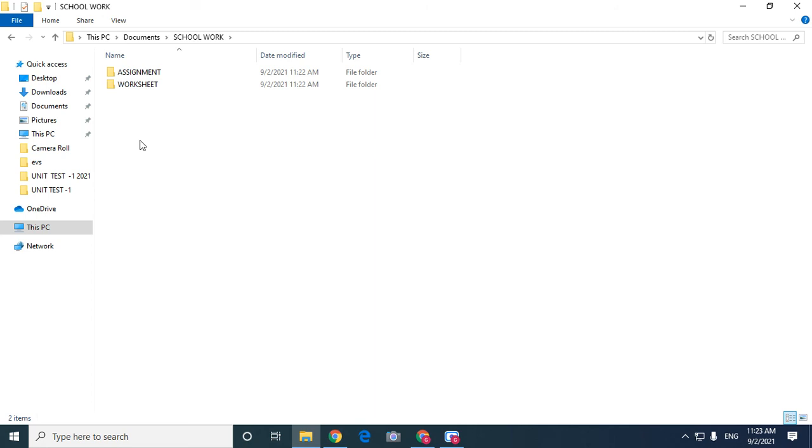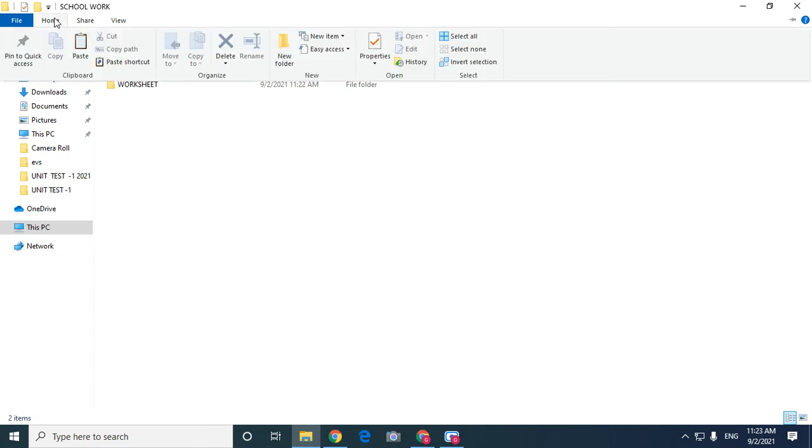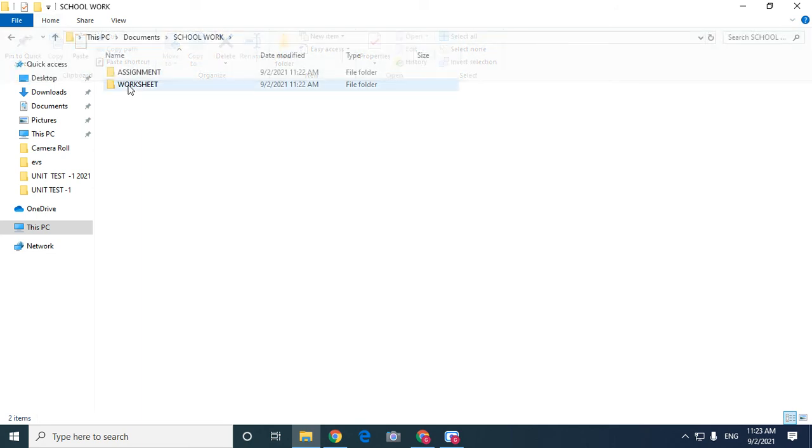copying a file or folder. For this we have to give commands. How to give commands? Again, go to the Home tab, then click on the Copy button. First select it.